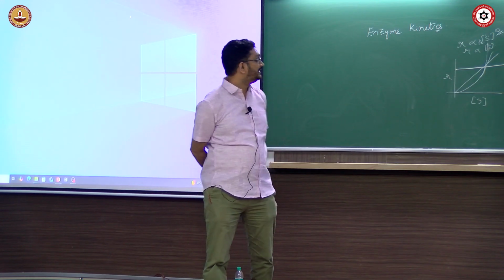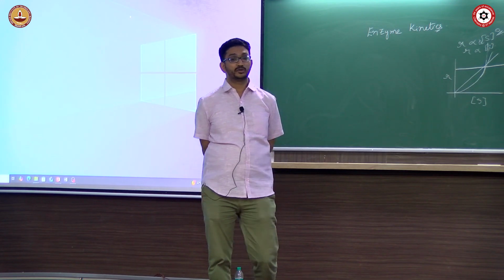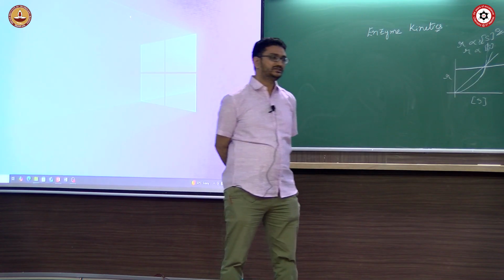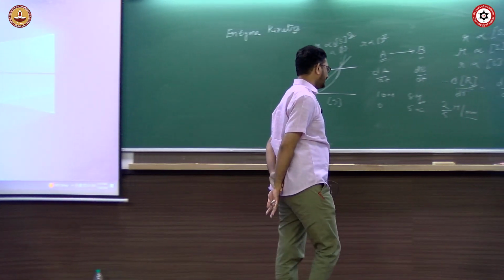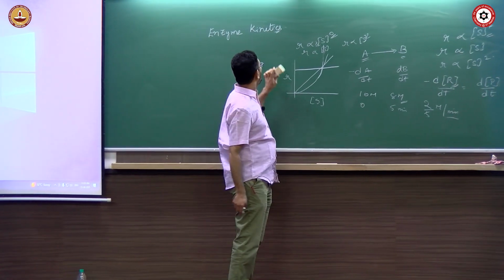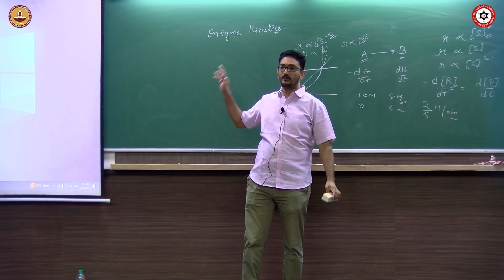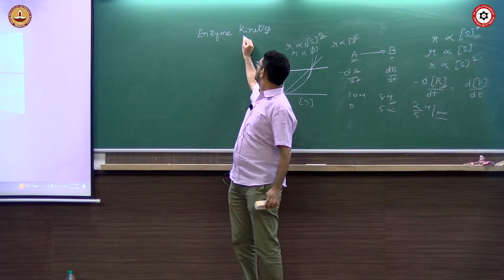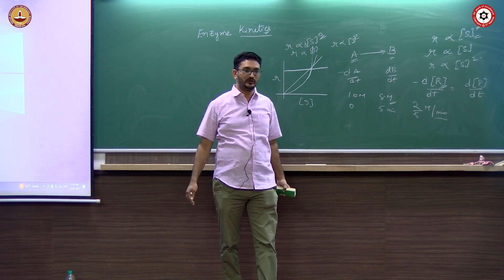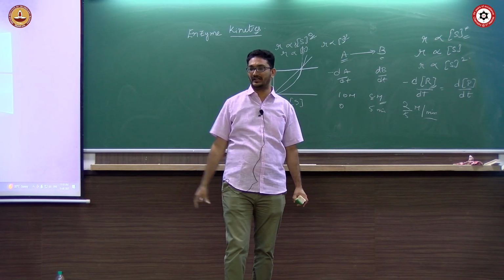And by determining the order of a reaction or rate of a reaction, you can control how fast or how slow it goes, okay. Now this is something that's basic, in the sense there are multiple uses of determining order of reaction, and some of them is this. But coming back to the topic that we started, what we talked about is only kinetics part of it till now, right? But that is not the topic that I am going to talk about. I am going to talk about enzyme kinetics.